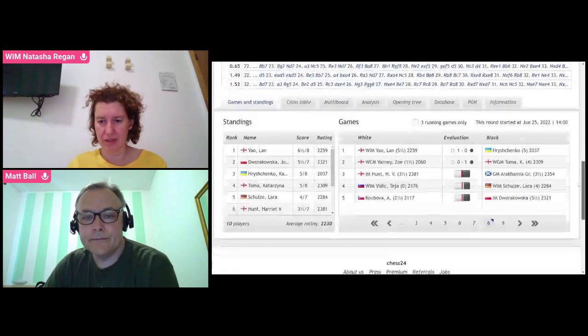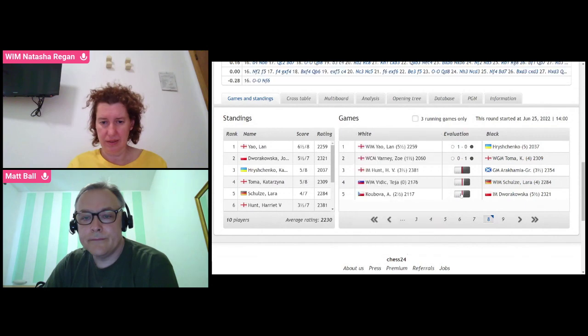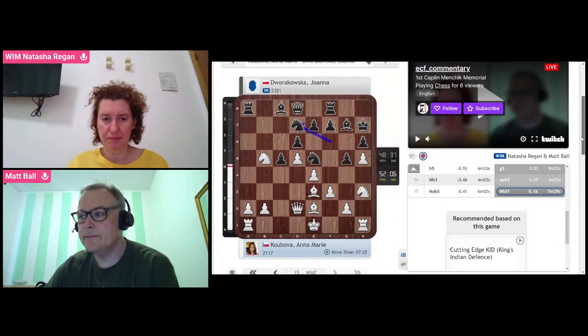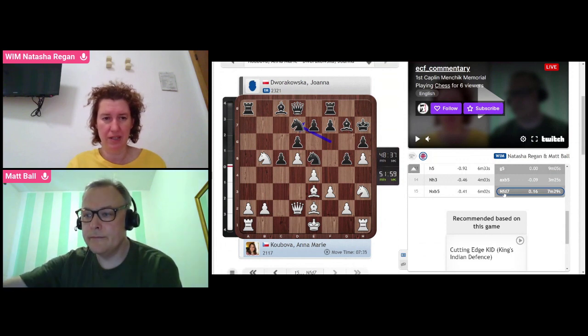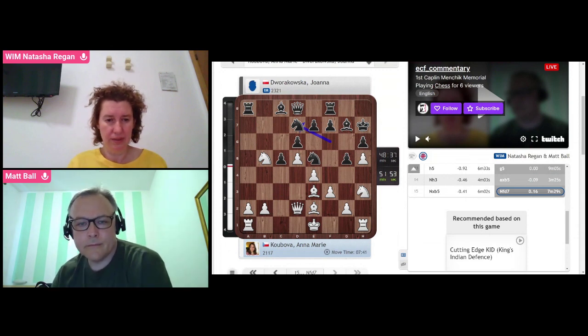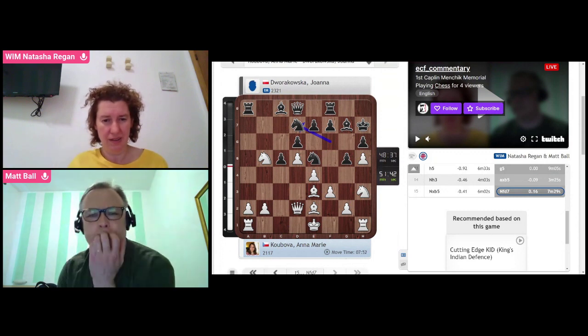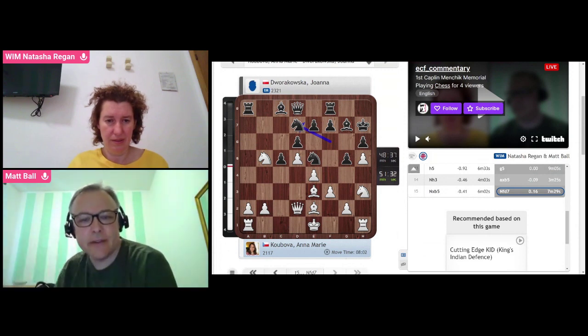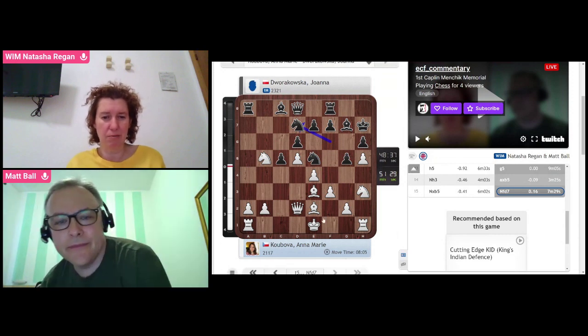And let's see the last game. All right. And so we saw knight takes b5. So just one more move in this game: knight fd7 from Joanna. And so this one looks like white's going to want to attack. She's trying to play f5? She maybe is. I mean, typical King's Indian move, isn't it? But, yeah, because white, as we said...